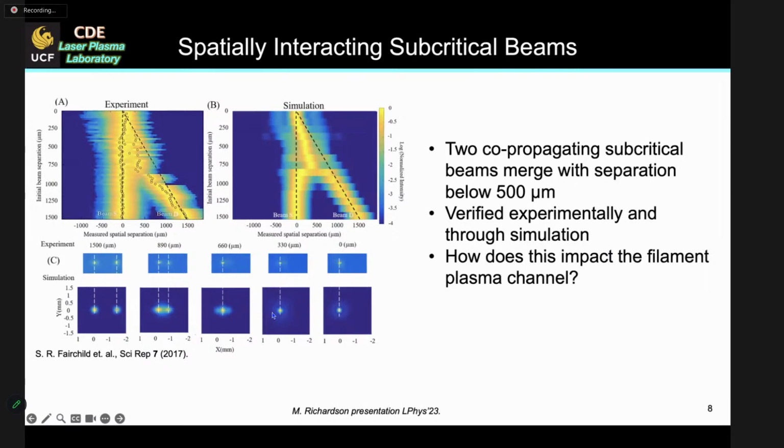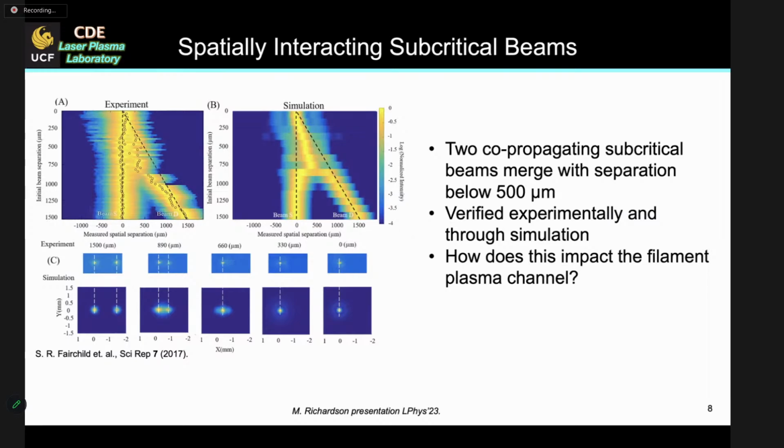In essence, we created two parallel beams with energies above or below the energy required for a single filament, and we varied that intensity to create single filaments or powers below single filaments. And separately, we arranged for these filaments to be moved closer and closer together. And you can see very clearly from these bottom set of diagrams here,